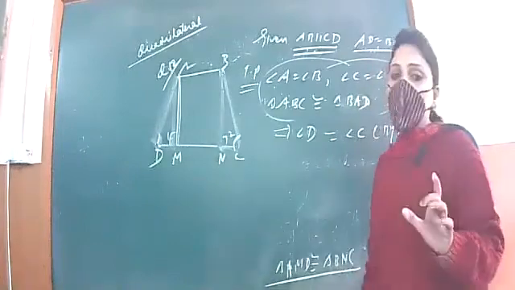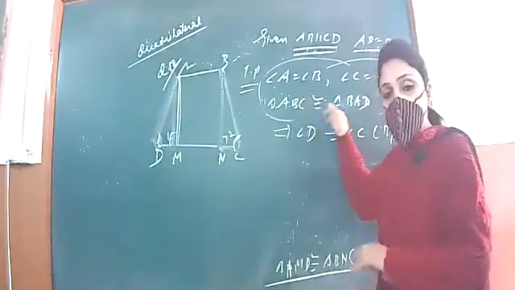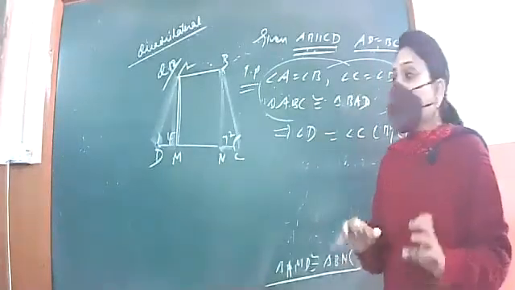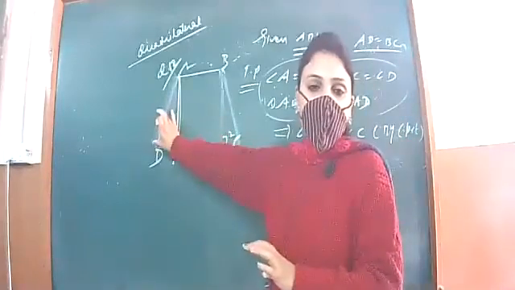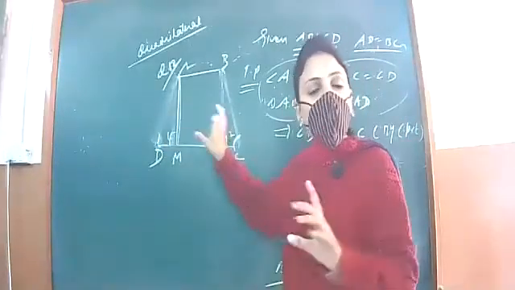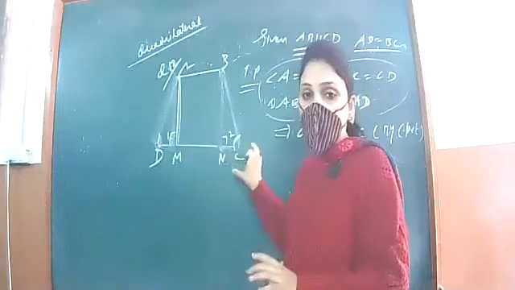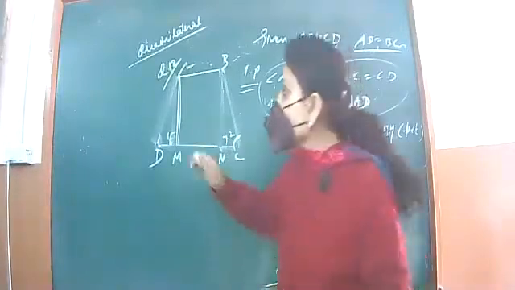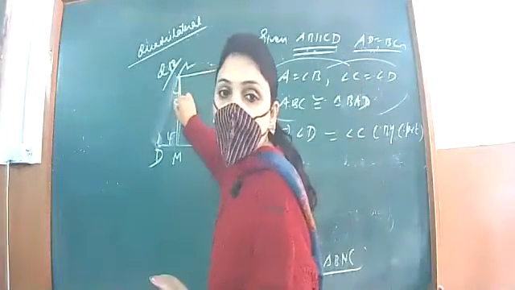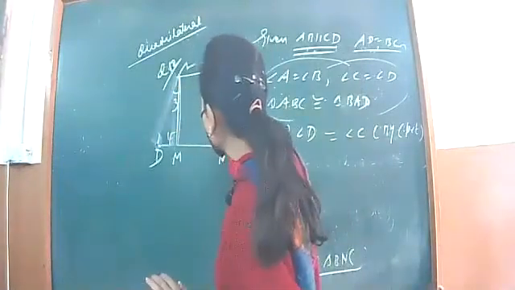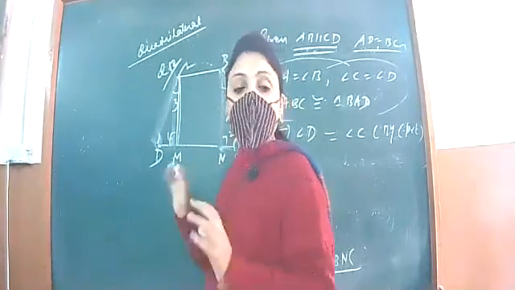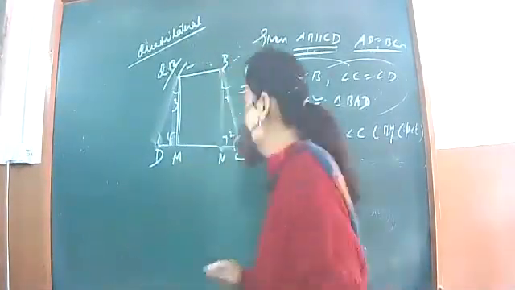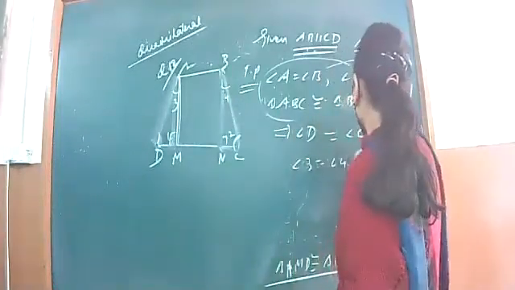Now one more thing we need to prove, that A is equal to B. हमने C को D के equal prove कर दिया, but A को भी तो B के equal prove करना है ना. When I prove the congruency of these two triangles, I reach full angle D and full angle C. But I can't reach full angle A, full angle B. I reach only this much part of angle A, that is angle 3, and this much part of angle B, that is angle 4. So what I need to write? 3 is equal to 4 by CPCT.